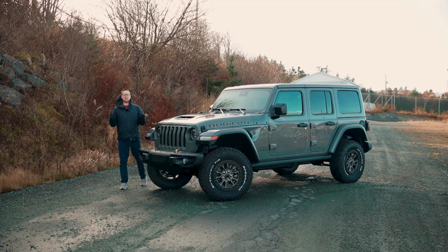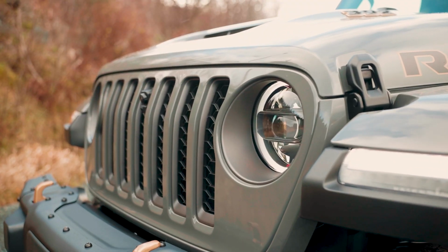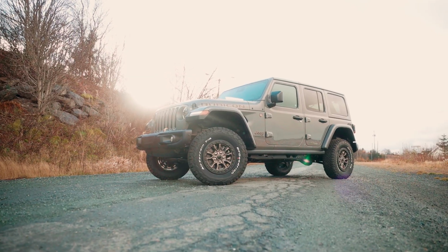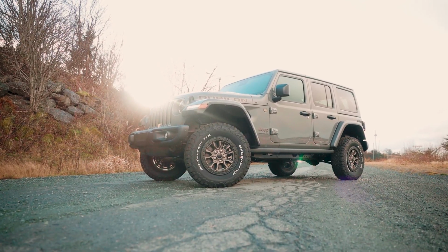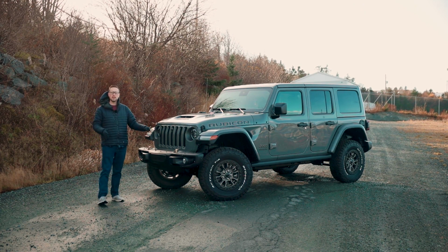We have the 392 Jeep Wrangler. And what does that mean? Well, this is the king of all Wranglers that have ever been made in history. There's been a lot of Wranglers made, but this is the ultimate Wrangler. And the reason why that 392 badge is so special on this unit specifically is because under the